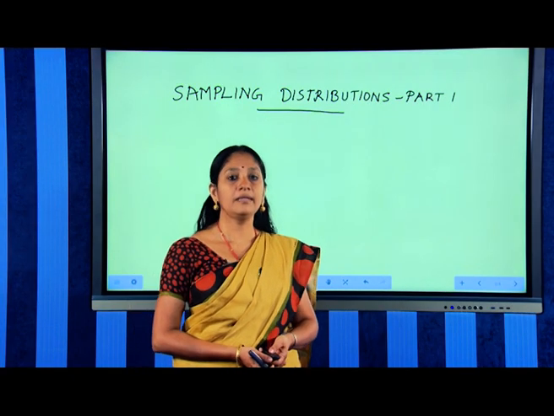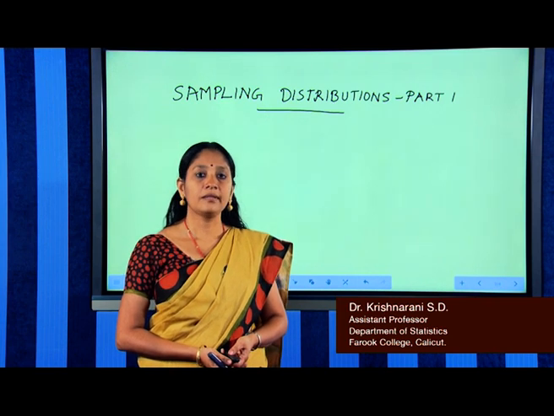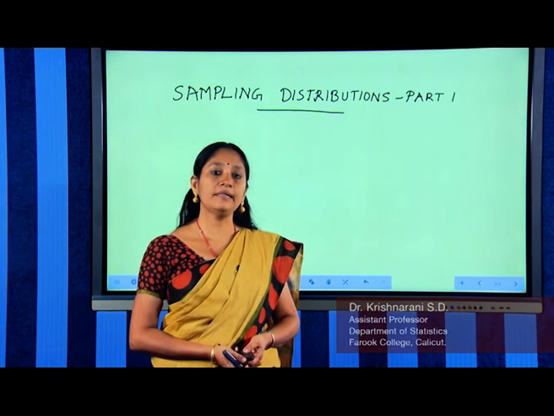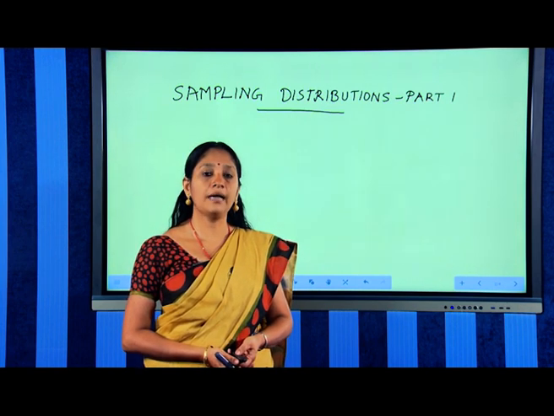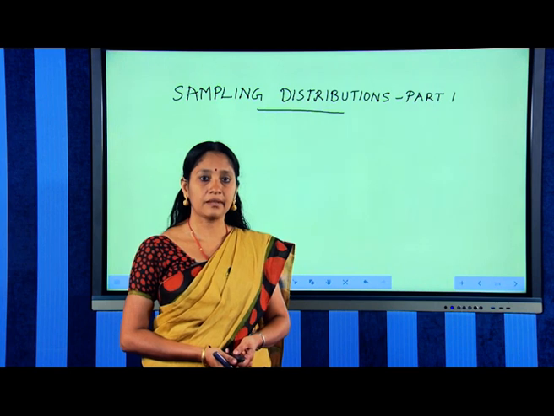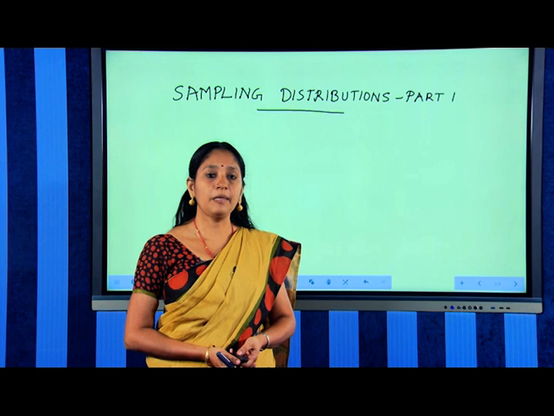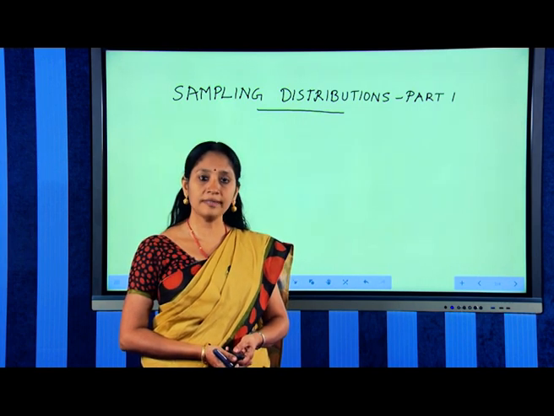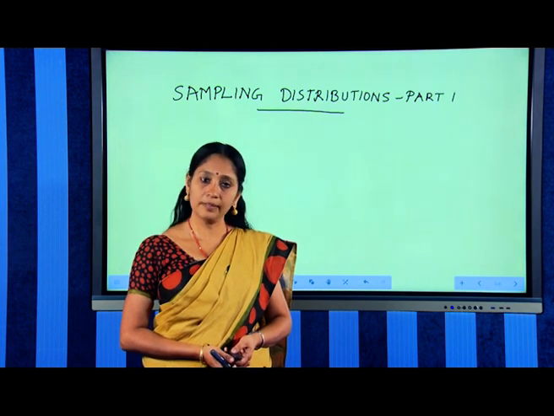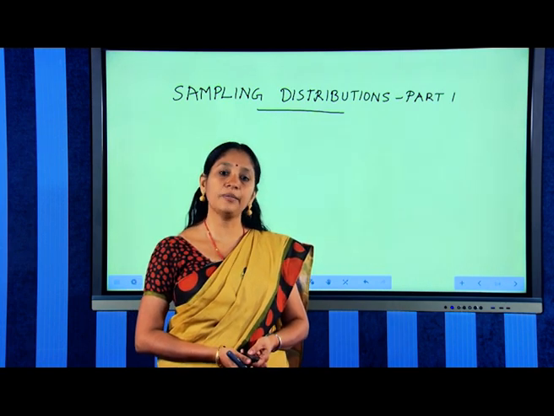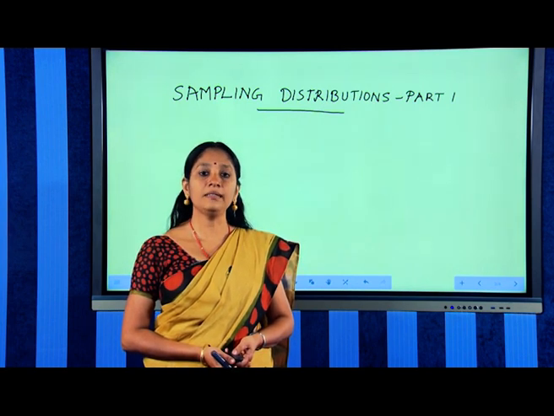For example, x bar, the sample mean, is a statistic. S square, the sample variance, is also a statistic. The distributions of these are sampling distributions. During our discussion in this session, we would be considering a population following normal distribution with mean mu and variance sigma square. Also, for the discussion on sampling distributions, we take a random sample of size n from this normal